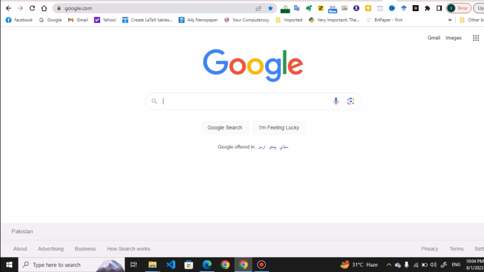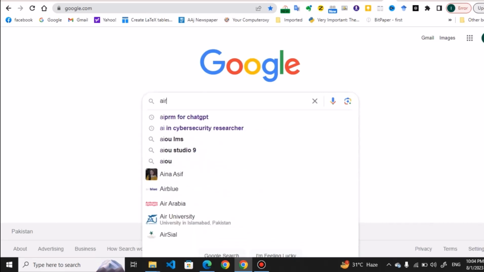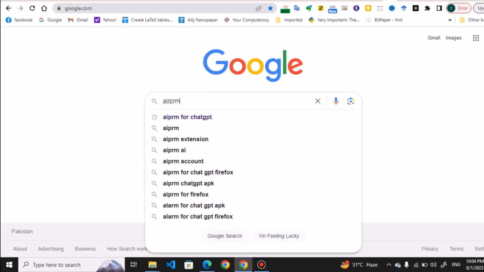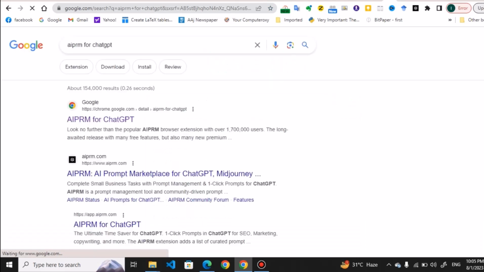Today we are going to talk about another very important application which will help you, guide you and assist you in writing different prompts in ChatGPT, and that extension in Chrome is called ARPRM. Okay, so let me write the ARPRM here. So here you can see that it is written ARPRM for ChatGPT, and I will show you all the applications which it can offer you and all the things which you can do